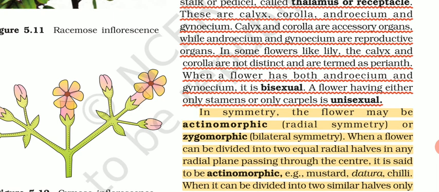Sometimes a flower contains both male and female parts in the same one, that we call bisexual, and the flowers where male and female parts are present separately, we call unisexual. So it means we can have male flowers or female flowers. You must remember, in chapter number 4, Animal Kingdom, we talked about the symmetry of animals. The same applies to flowers as well.